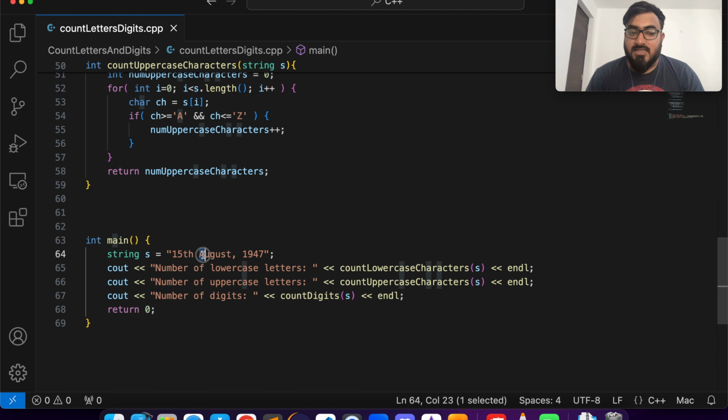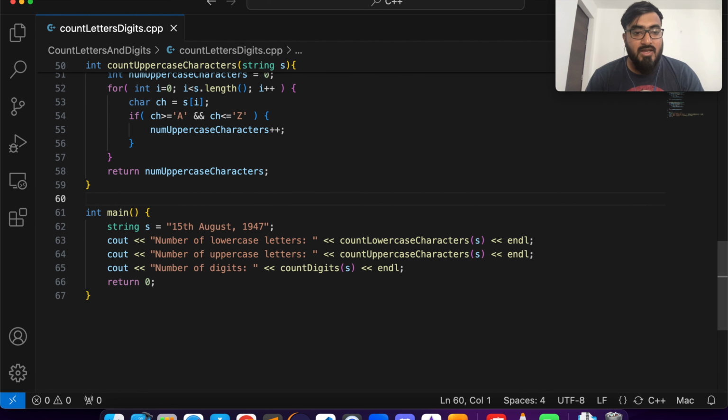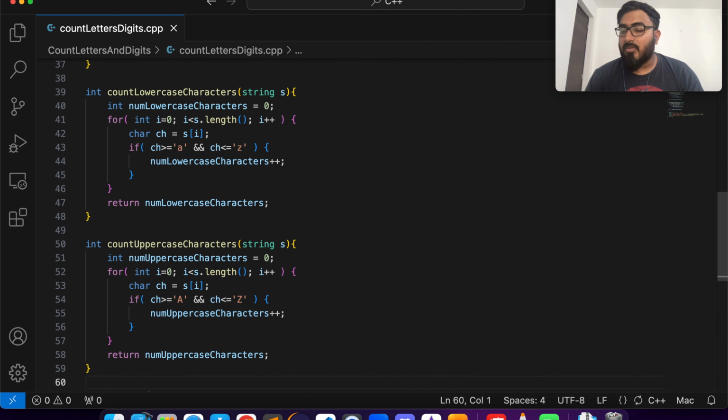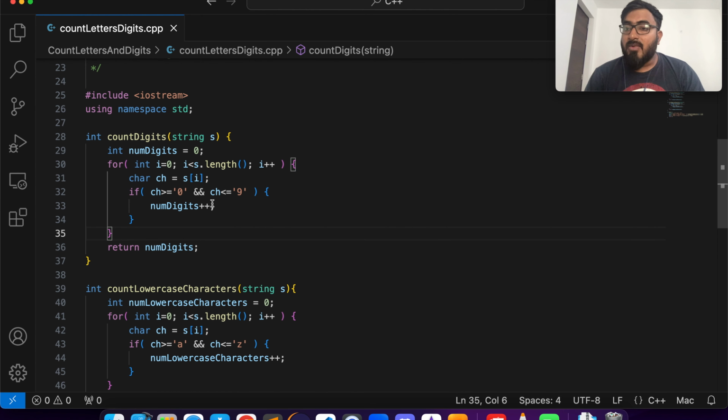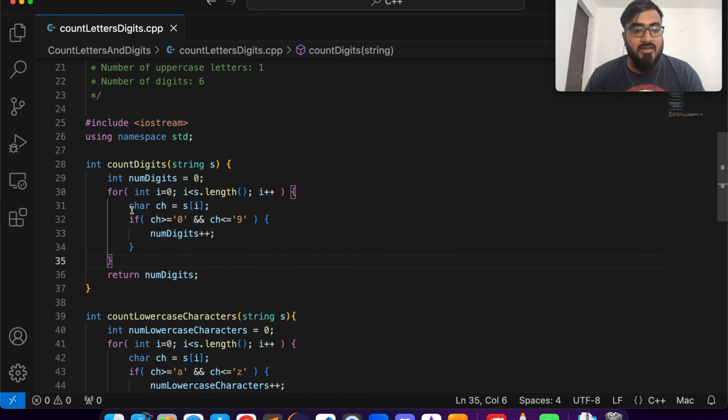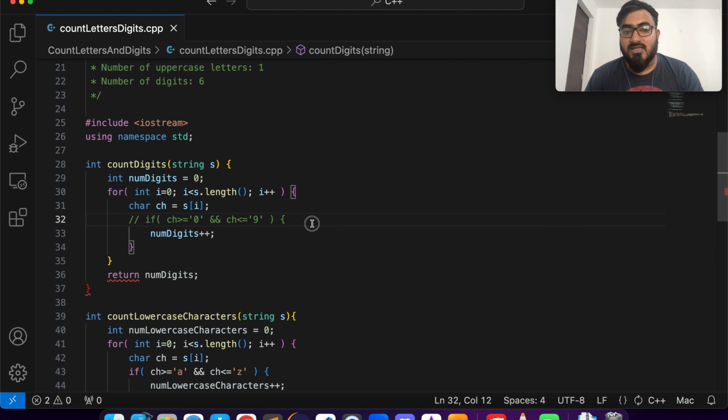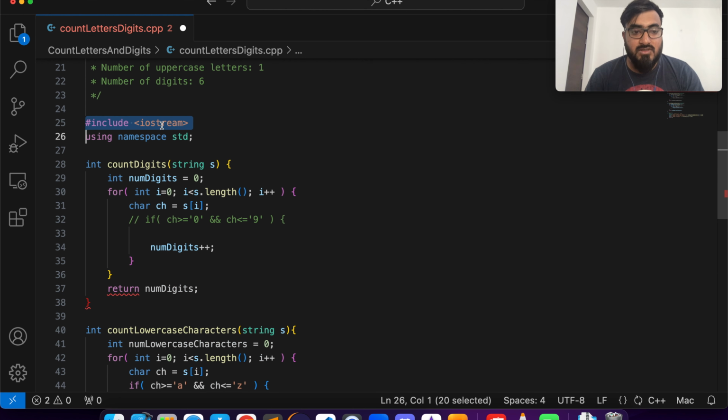This is the only uppercase letter, and that's the count. Okay, so this is your code to count the number of lowercase letters, uppercase characters and digits in a string. Now, coming to alternate approaches: instead of comparing the ASCII value, you can use the